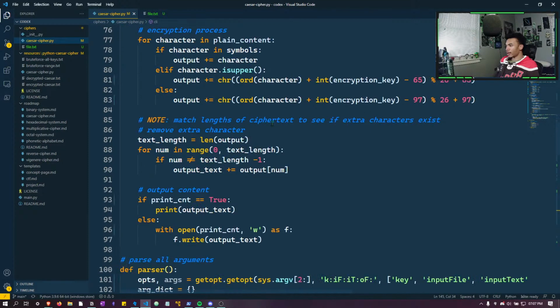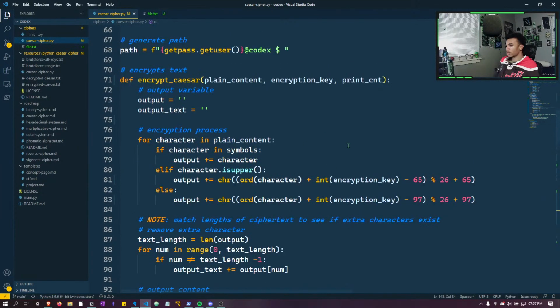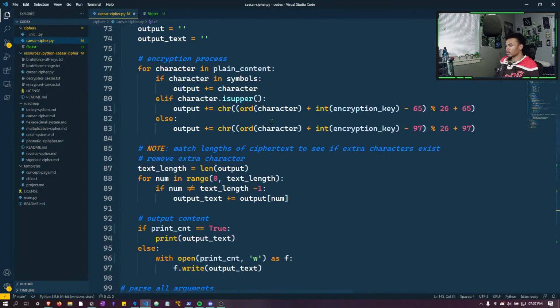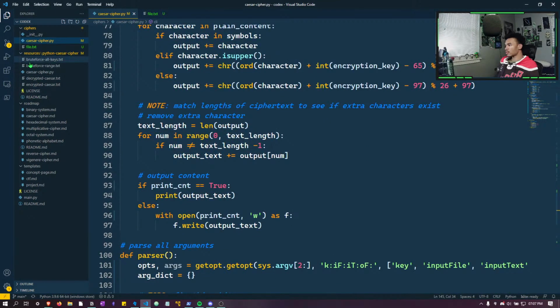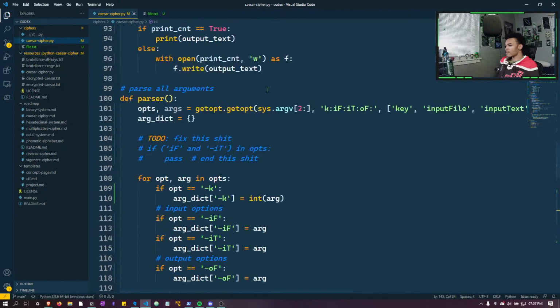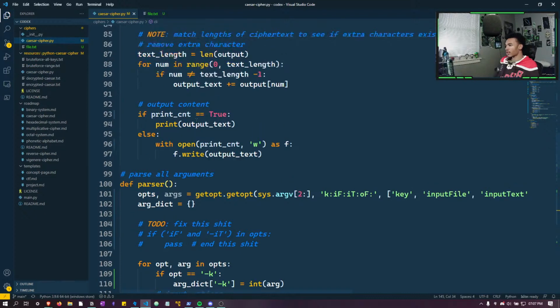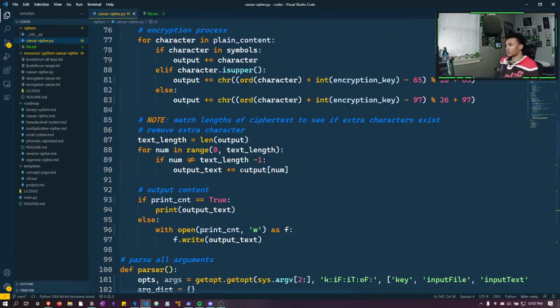L of characters upper, so if print is true,